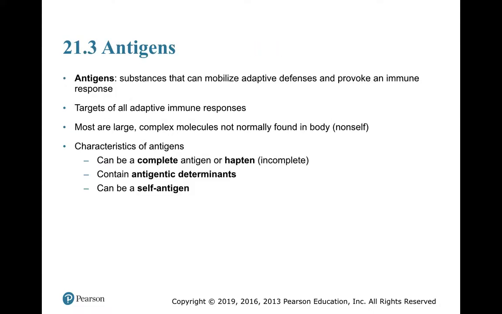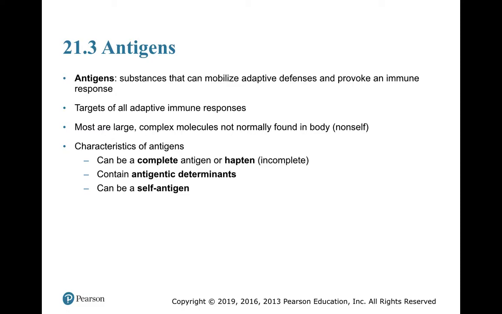All right, so I've used the word antigen a couple of times. We've actually used it throughout the year a couple of times. So what do we mean by an antigen? An antigen is something that can get these adaptive cells going and provide an immune response, either a T cell or a B cell response, most generally both. These are the targets of the receptors of our lymphocytes, either antibodies or T cell receptors. Most of these molecules are large, complex, and not found in our own body, which makes them non-self.